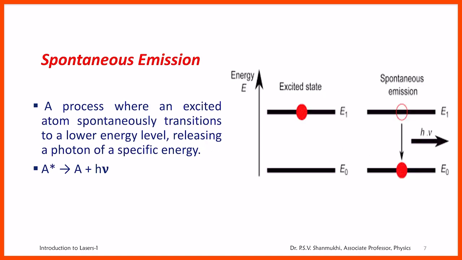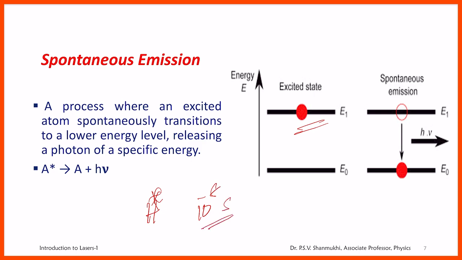Generally, an atom in the excited state cannot stay for infinite time. It cannot stay for a longer time. After its lifetime, the atom should come to the ground state. Suppose this is the atom in the excited state. The atom being in the excited state means the electron is in the excited state up to its lifetime. For example, for a hydrogen atom, say I write this as H star, the lifetime of the hydrogen atom is 10 to the power of minus 8 seconds.